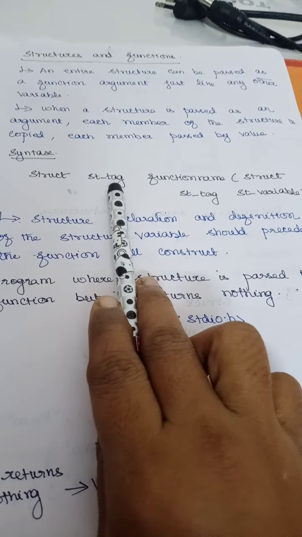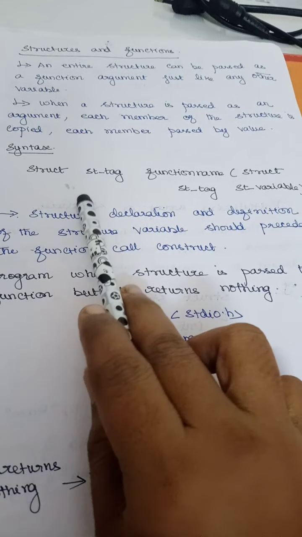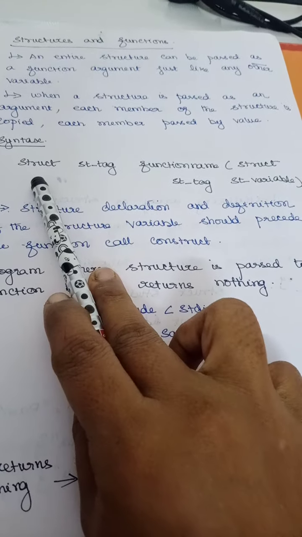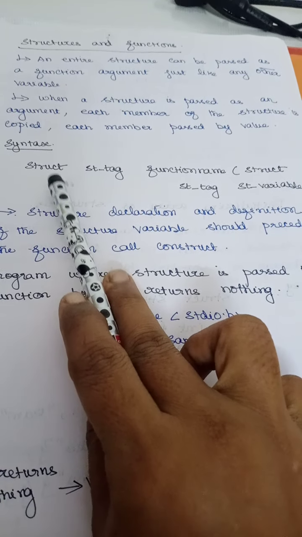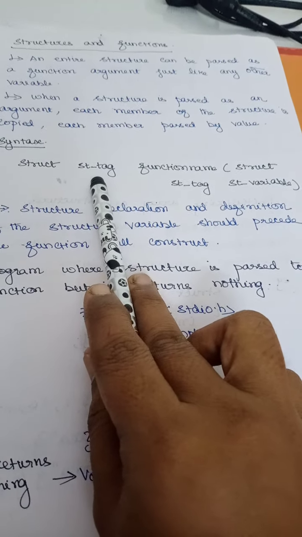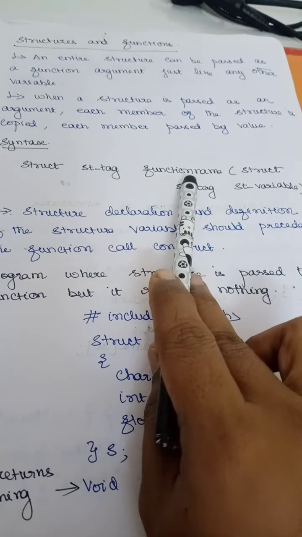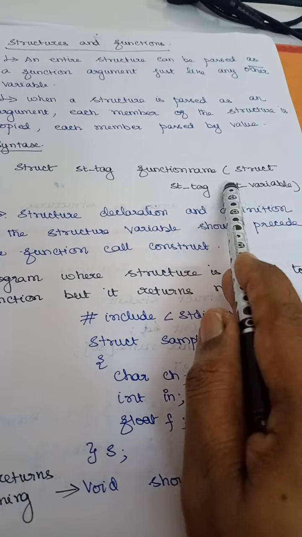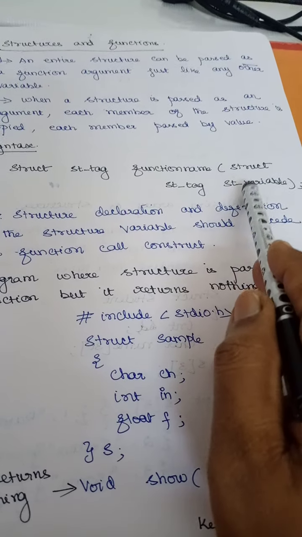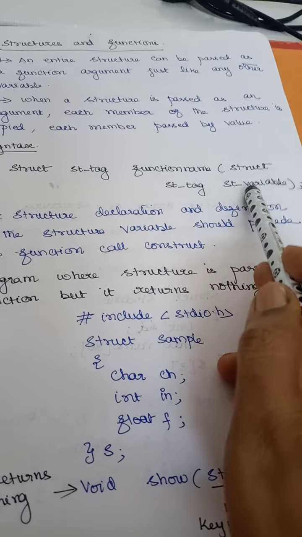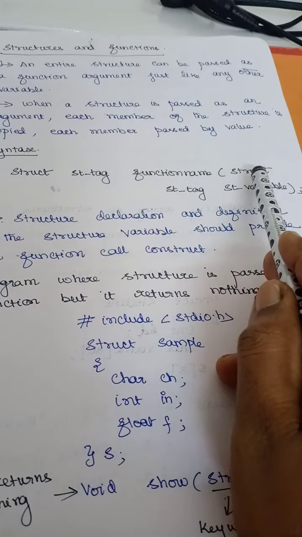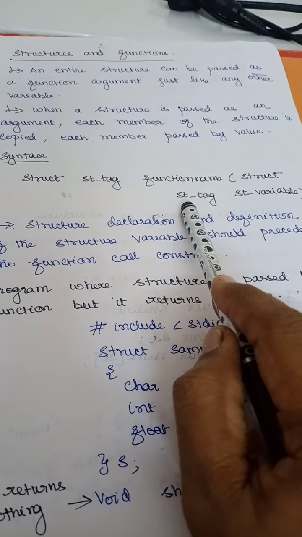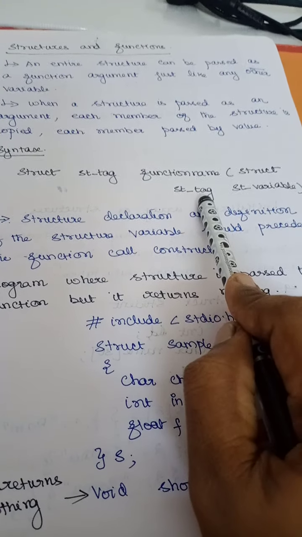Struct, the tag name. Generally you will write int, but instead of int, I have to write struct. But here I should know which structure it is returning, so I need a tag name. Then the function name, and here it can also take a variable of type structure. So again I need to pass a variable, and this variable is again of type structure. But which structure I am using, I can understand from the tag name.